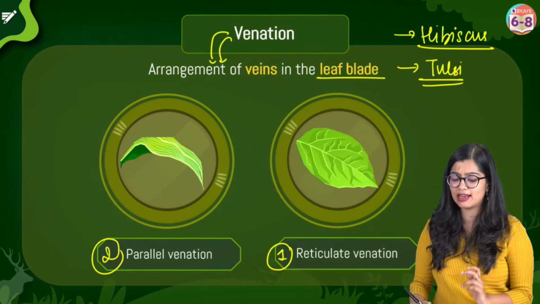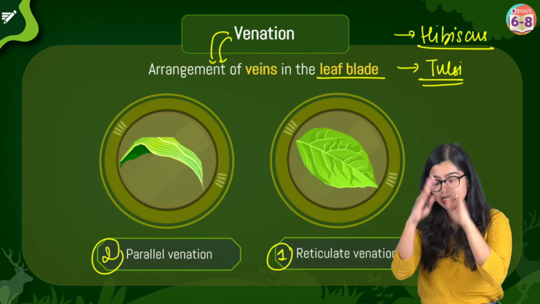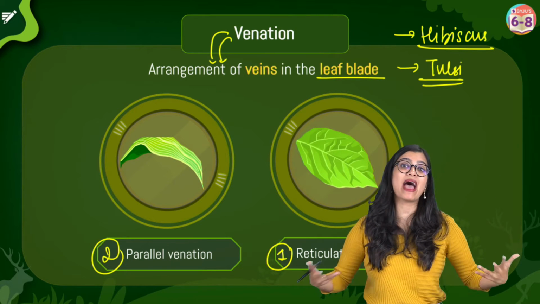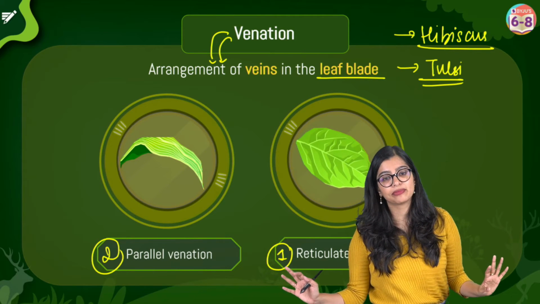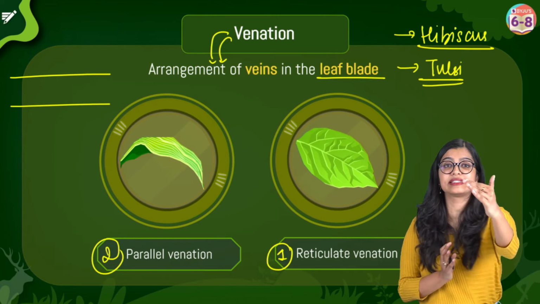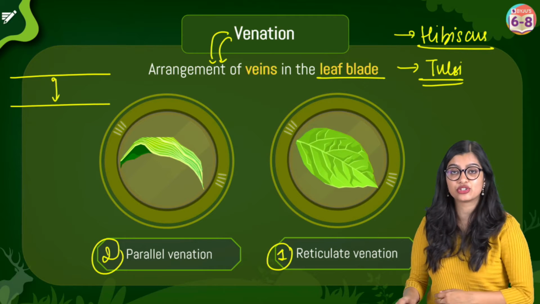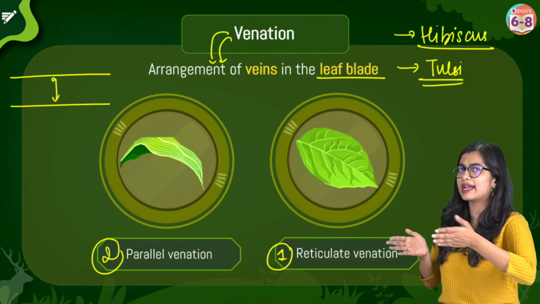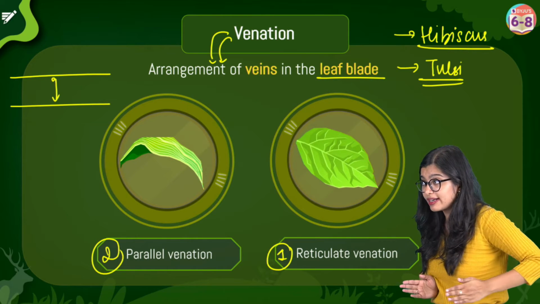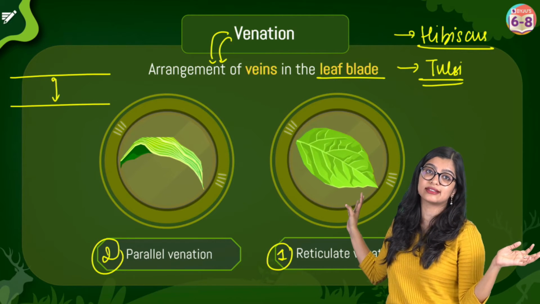Next, you have parallel venation, right? Now, reticulate means network, right? Think of it that way. Reticulate means network. Now, you have something called parallel. Now, what do you mean by parallel? Parallel means that they are along the same lines, right? So they are at equidistant width from each other, and when I say parallel lines, they are at an equal distance from each other and they are running. If I draw that line and keep drawing, there is no point at which those lines are going to meet,